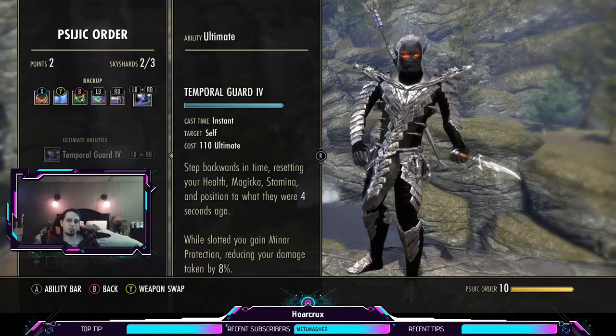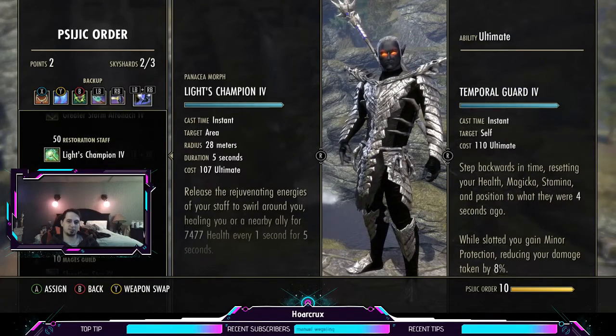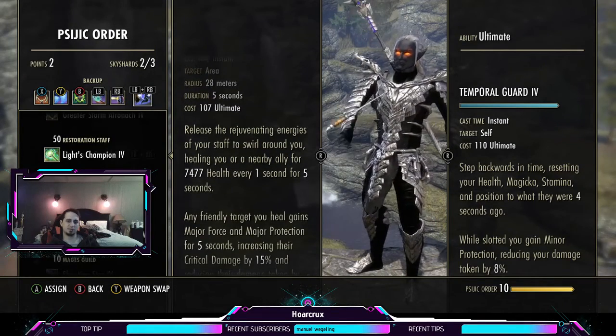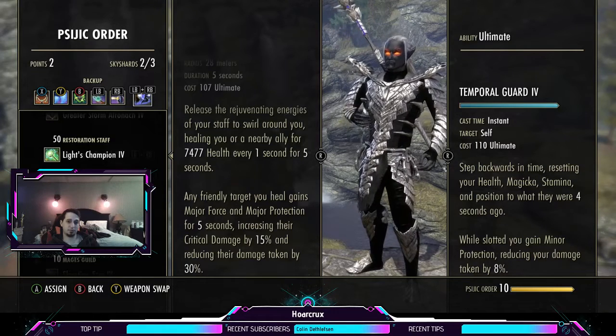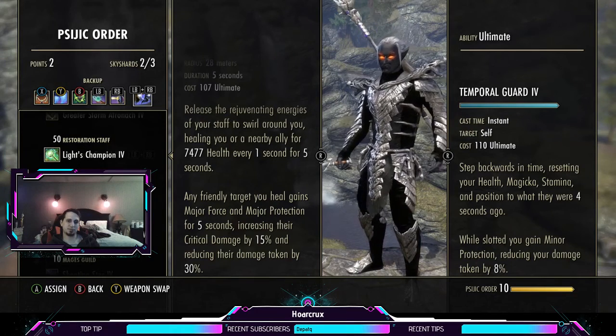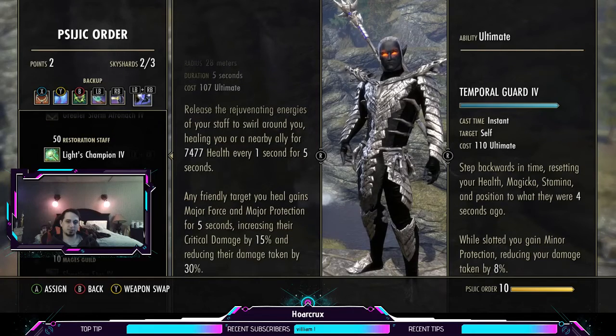Alternatively, if you're finding yourself getting absolutely zeroed down, run the Lights Champion. You're damn near invincible for 5 seconds. And these buffs persist even after the effect ends for another 5 seconds. So it's like a 10-second window of chaos you can survive. So it's super defensive in nature, but it's also very offensive due to the